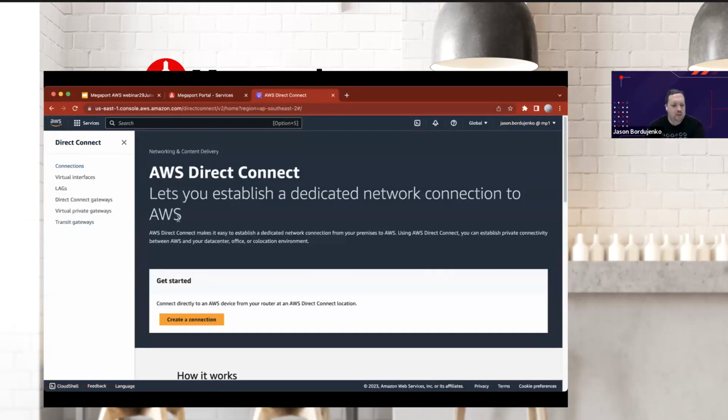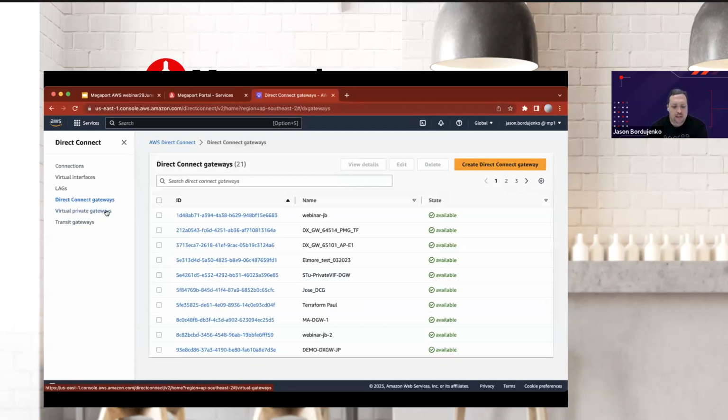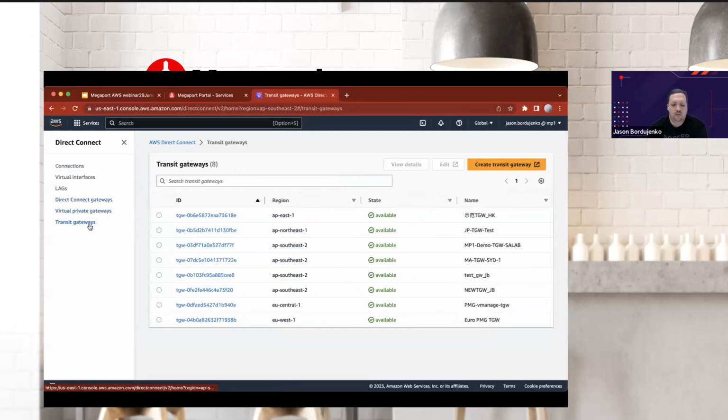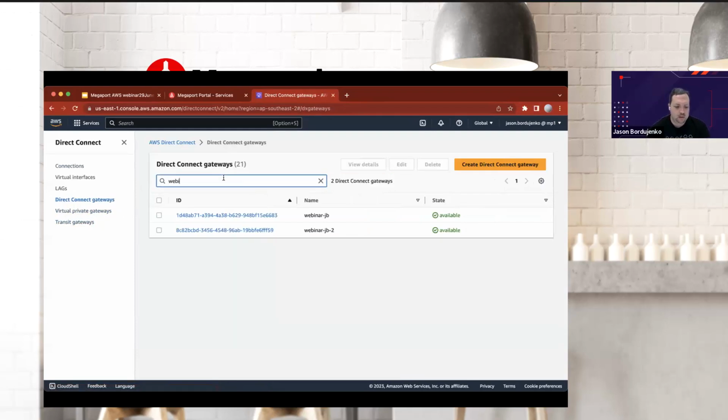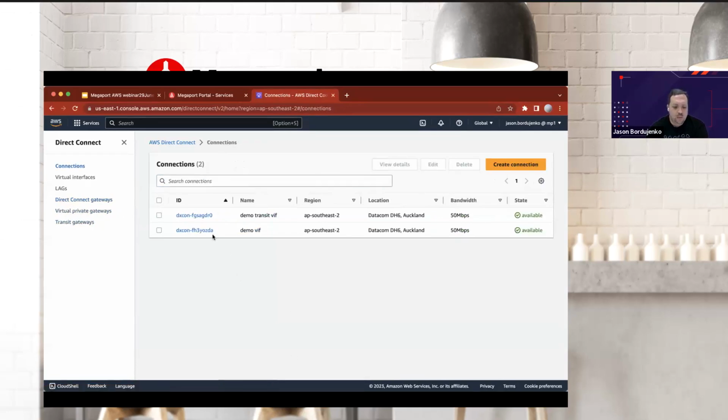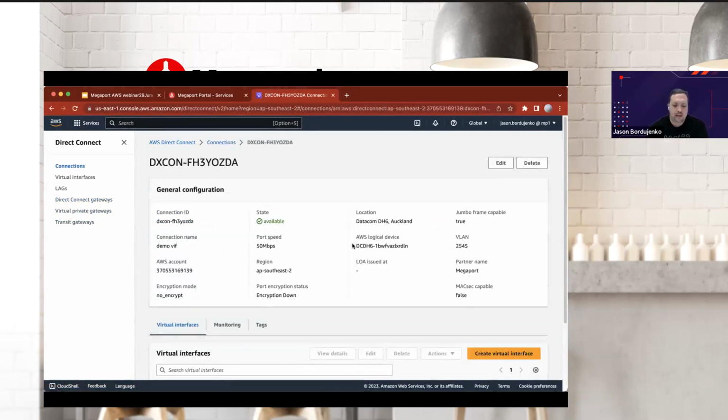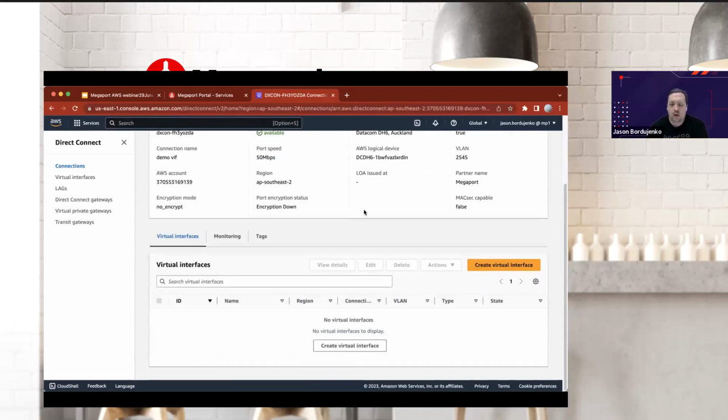So coming back to AWS, I mentioned before that it is possible to see the gateway types. If we were to step through, and there are a lot in this demo account that we utilize, direct connect gateways, virtual private gateways, and transit gateways. For the purposes here, I've actually created a couple of gateways. These are direct connect gateways, and this will allow me to use the existing VIF that I have, but actually stand one up through New Zealand, so that it will land into that local zone. With one that I've already created, as mentioned, the transit VIF will be utilizing the transit gateway that's resident in Sydney. But for the process of connecting a standard private VIF, once I've stood the hosted connection up, I